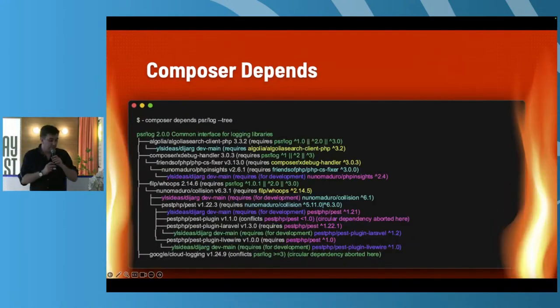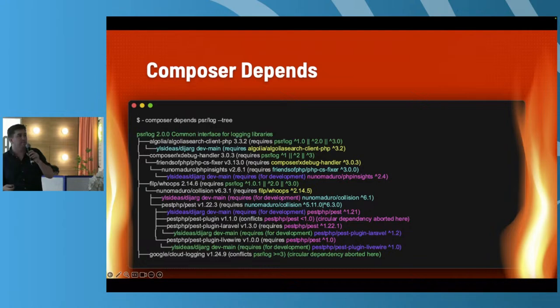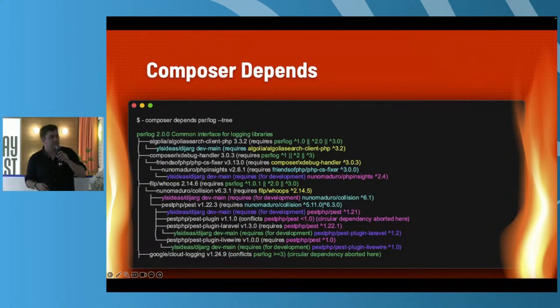The opposite we've got is composer depends, which does the same thing essentially, but in reverse. So we can ask it which package is blocking which other ones essentially. So we know that actually that package is being used by other dependencies. Sometimes you might end up in a situation you realize we're trying to upgrade something that actually isn't used anymore. Surprisingly happens more than you'd think.